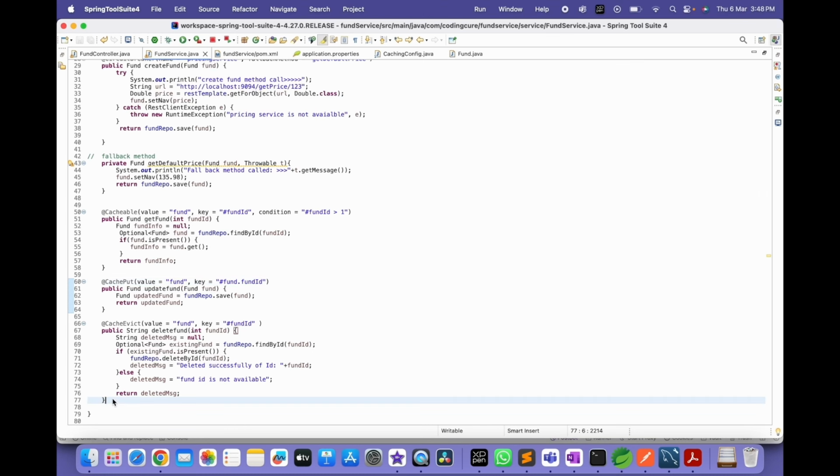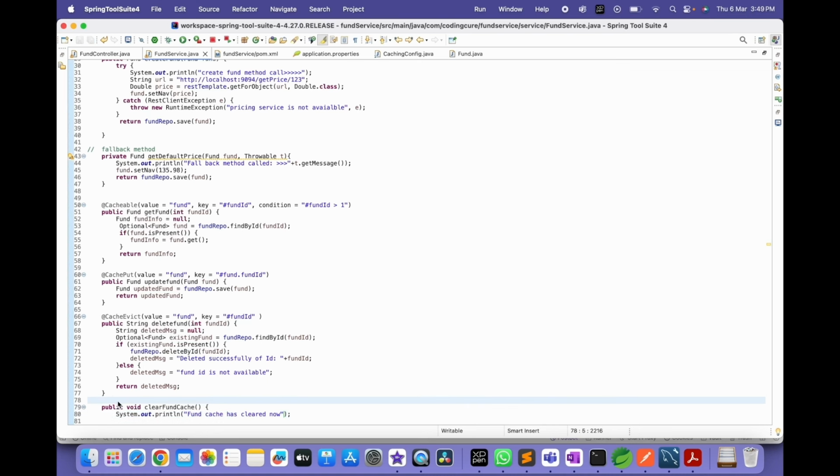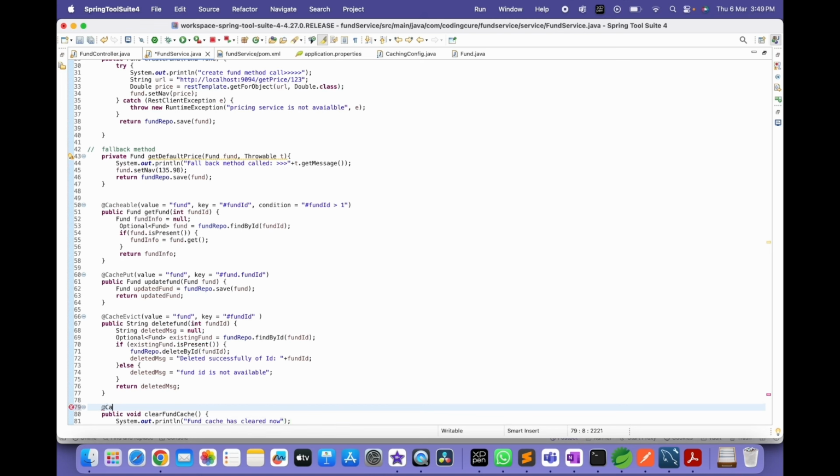Like we can create one method, public void clearFundCache, and here we can write a sysout, fund cache is cleared. Then what we need to do here, we can use cache